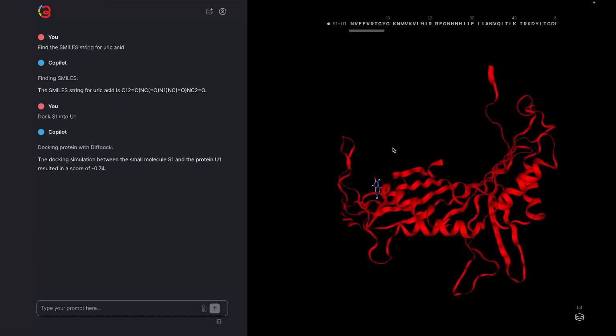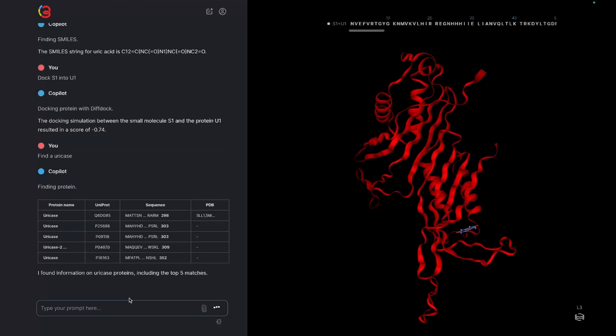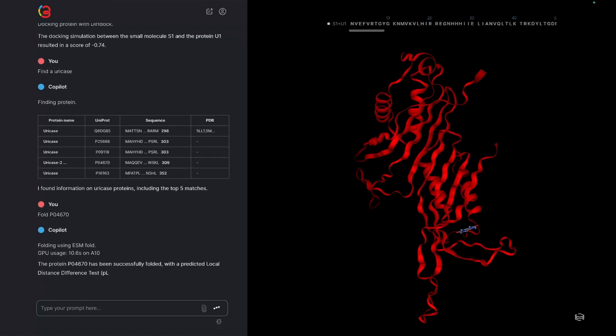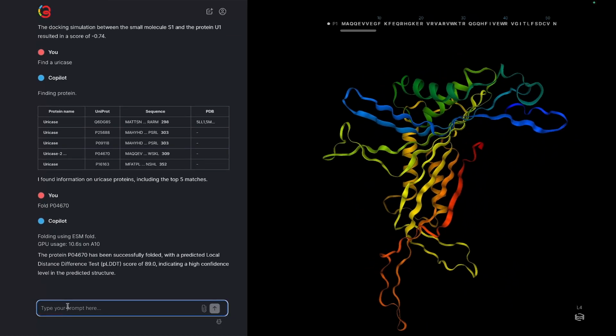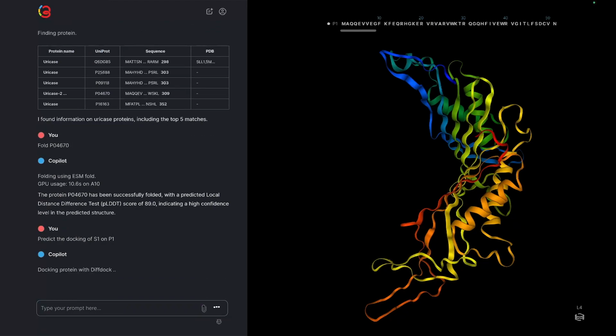Let's try a different protein for comparison. This time, let's use the built-in search to look for a uricase protein from the UniProt database. We can then get the structure prediction by asking Copilot to fold the UniProt ID P04670. Remember that we have to do this because DiffDock requires a PDB as part of the input. Now that we have a structure, we can predict the docking of S1 on P1, which uses the DiffDock method